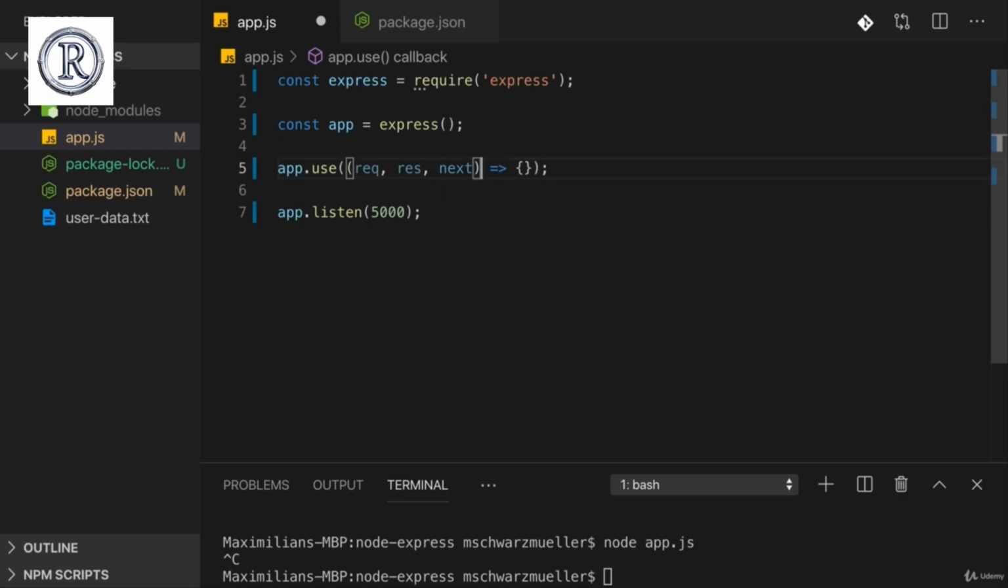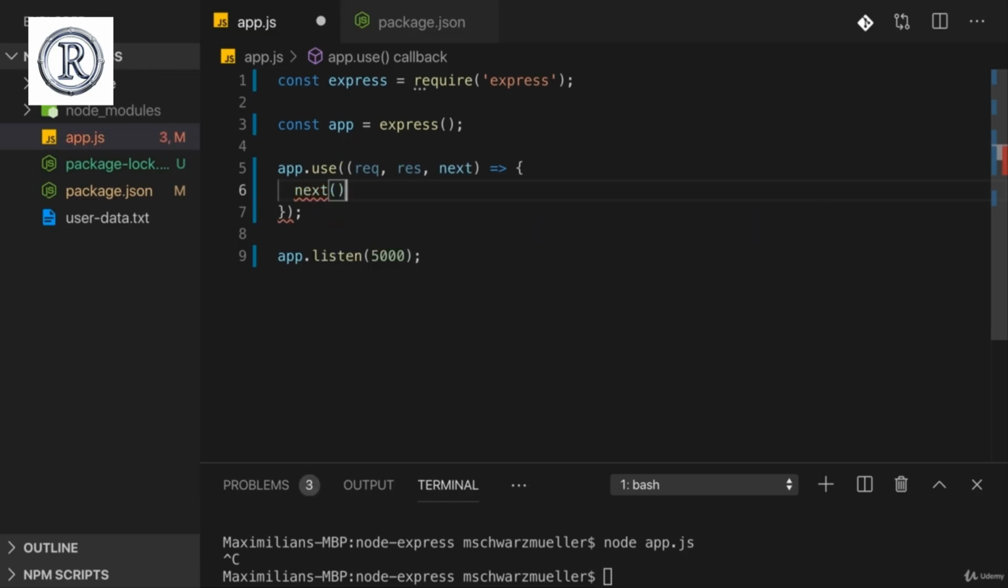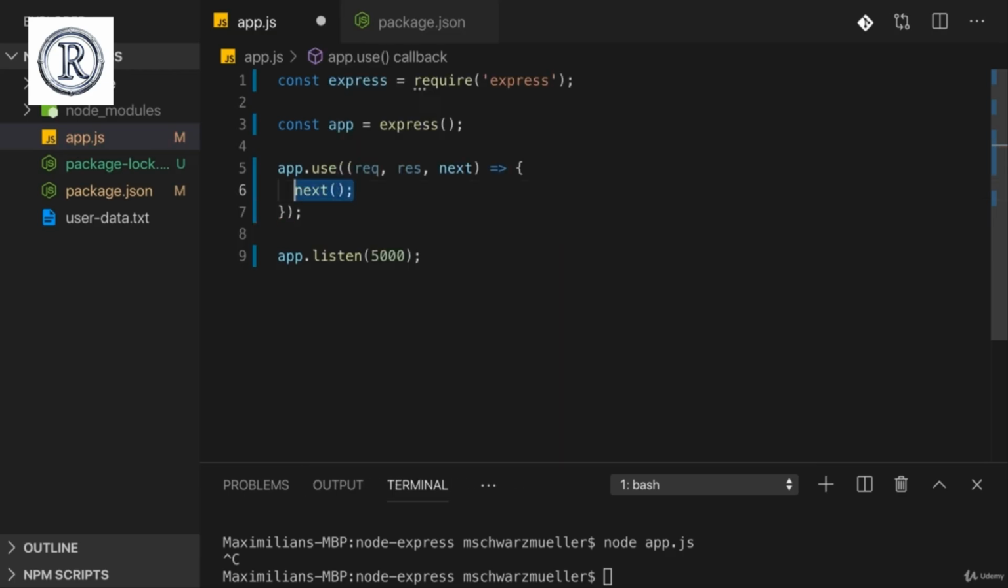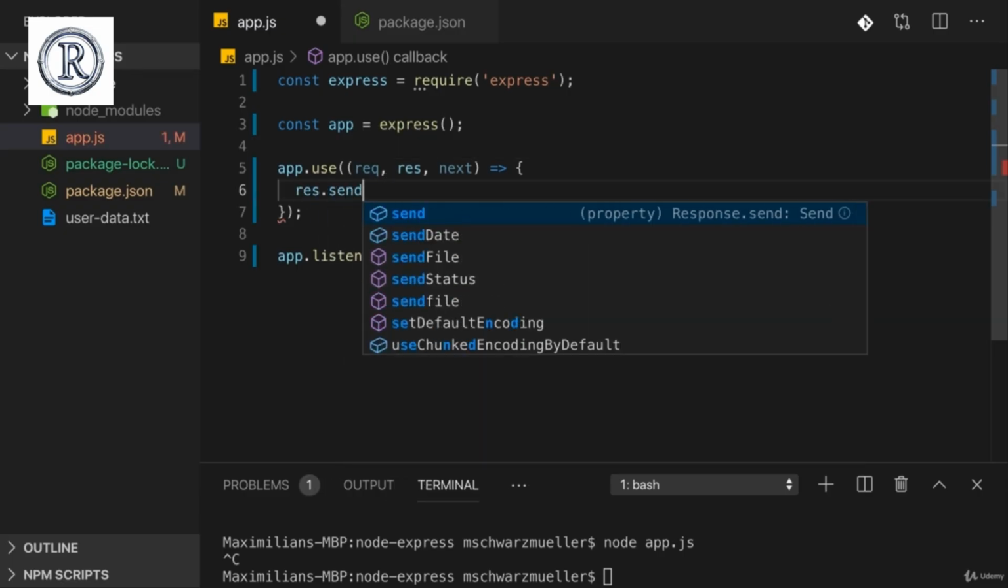This is a next function, which you call if you don't want to send a response to this middleware, but instead you want to forward the request to the next middleware in line. If you're not calling next, then any middleware after this middleware, if we had more than one, will not be reached by this request. So you should always call next, unless you are in a middleware where you want to send back a response. Since you may only send one response anyways, there is no need to execute any other middlewares thereafter. So here we could create a middleware which sends back a response, and here we have a send method